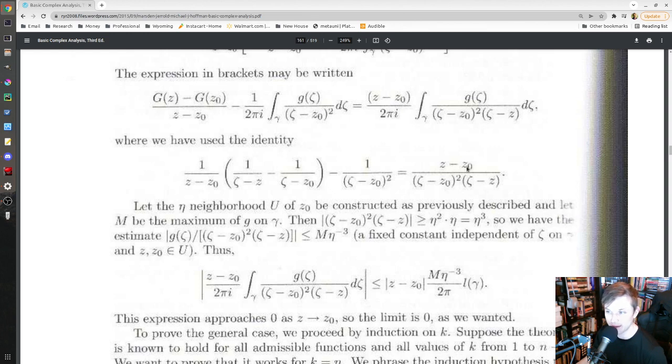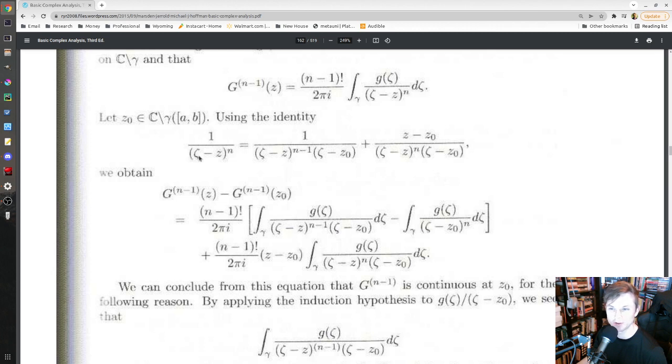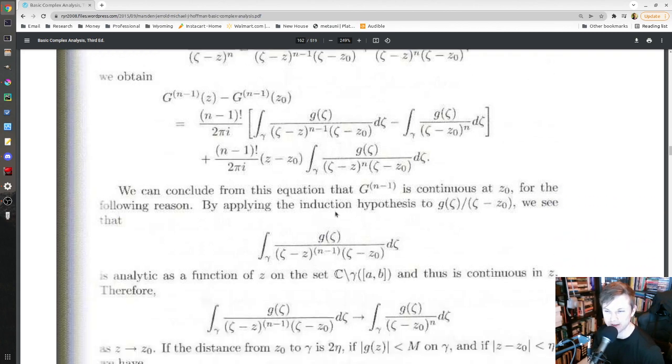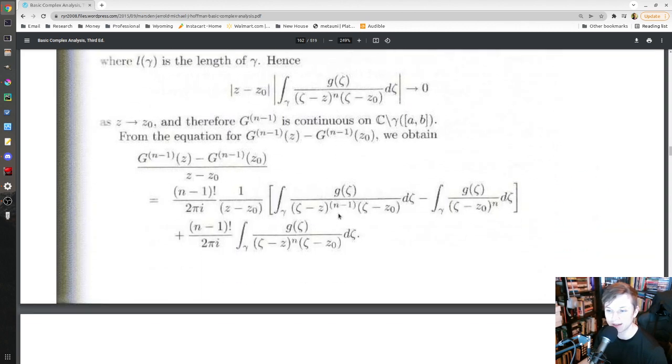Rewriting something like z minus z naught over zeta minus z naught squared times zeta minus z as this long series of different fractions and stuff. You have to use something like that. Or later on, writing 1 over zeta minus z to the n as 1 over zeta minus z to the n minus 1 times zeta minus z naught, plus z minus z naught over zeta minus z to the n times zeta minus z naught. Oh my god, what ridiculous algebraic substitutions. Okay, you just do some induction, you do some stuff like this, and it's not